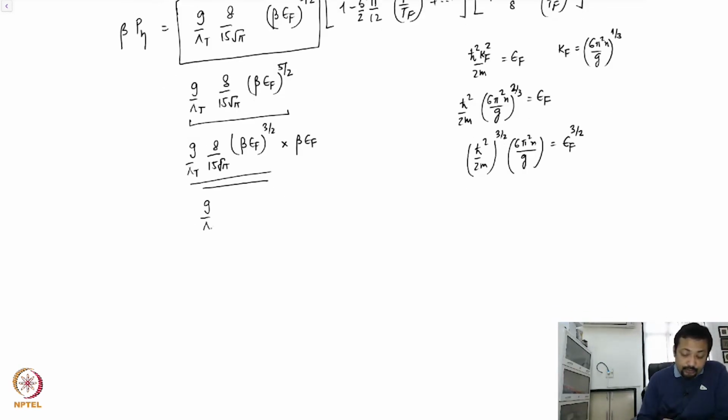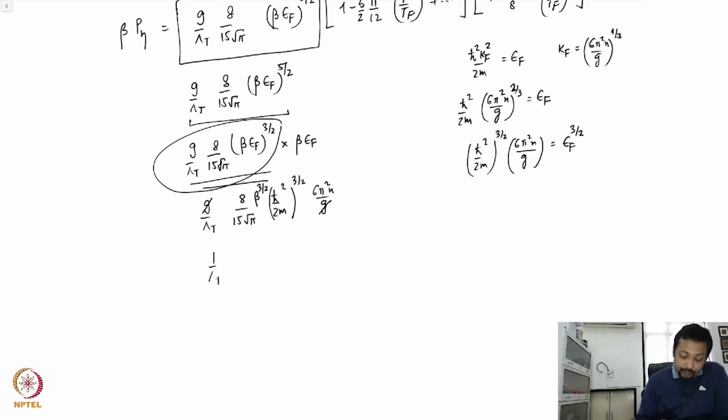I have g over lambda_T, 8 over 15 square root pi, (beta h bar squared over 2m) raised to the power 3/2. Now you should know where I am going. Things should be clear to you now. And then I have 6 pi squared n over g. This part is just this thing. I have a beta epsilon_F that multiplies this. g gets cancelled out, right? And then I have